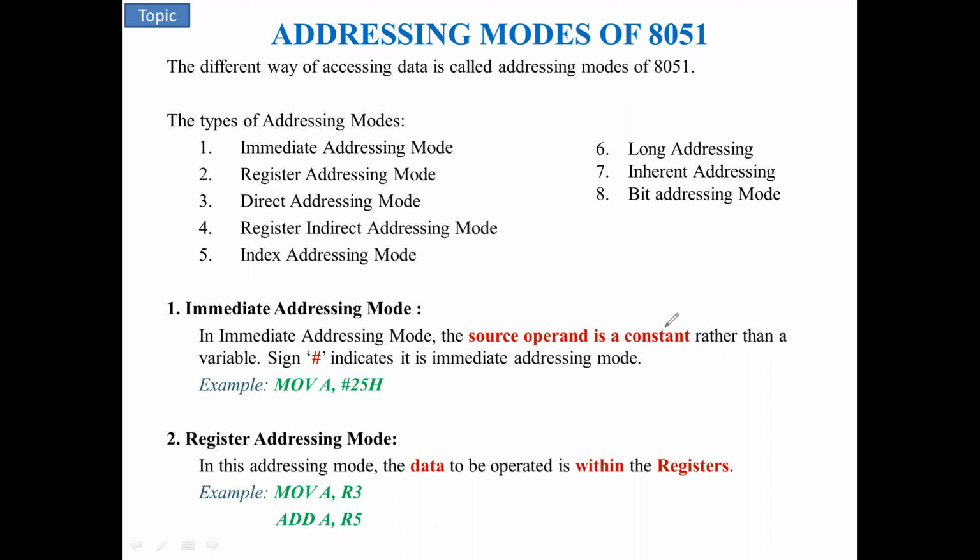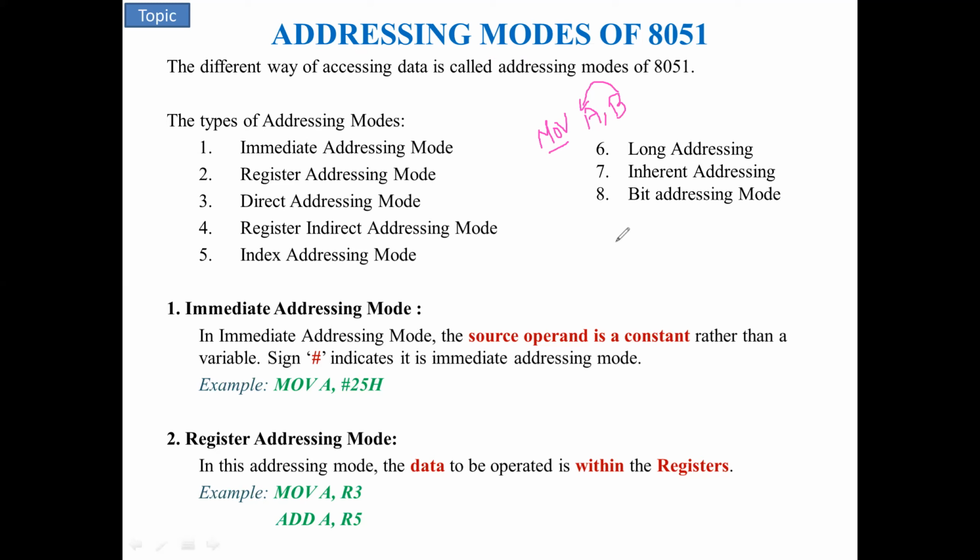For example, in 8051, we have registers A and B, right? So two registers are there. I can access the data from B to A or A to B by using a simple instruction. Here we are accessing data from one register to another register by using a simple instruction, nothing but a command.